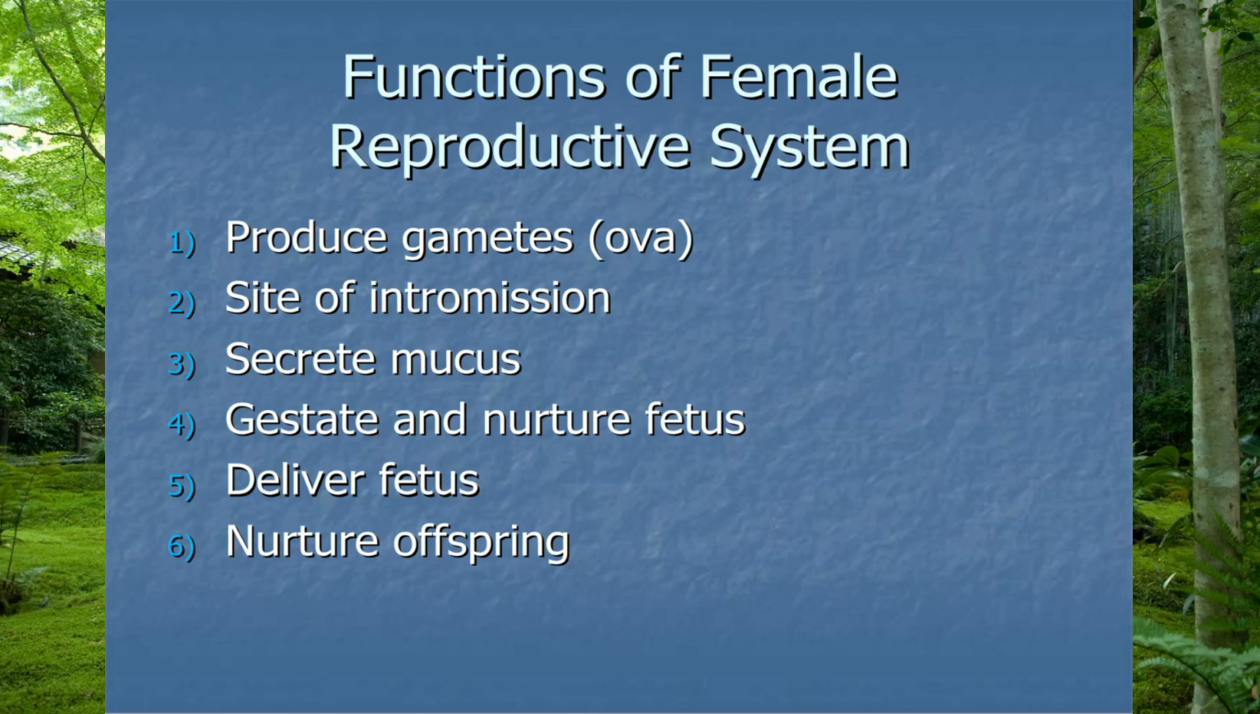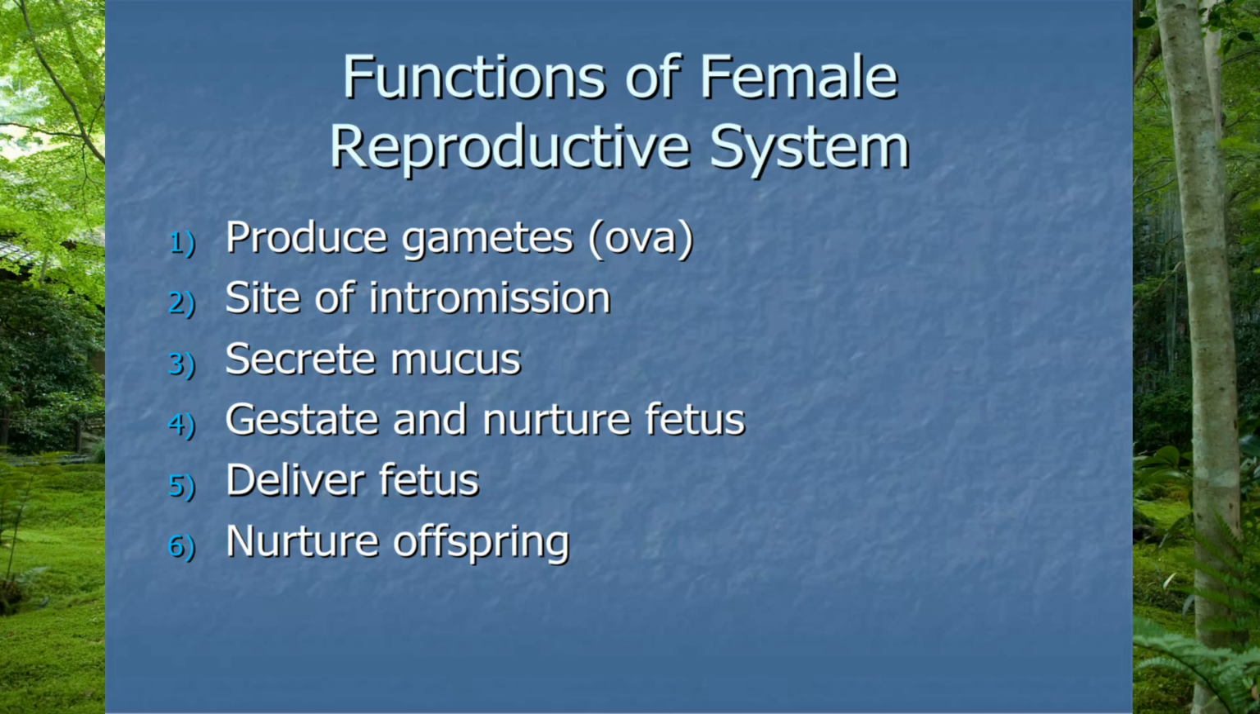And these include the production of gametes, such as oocytes or ova. It also has to produce estrogen and progesterone. It also has to serve as a site for intromission, that is to receive the penis. It has to secrete mucus and other secretions. Also, the uterus has to gestate and nurture the fetus, and this is something that the male reproductive tract doesn't